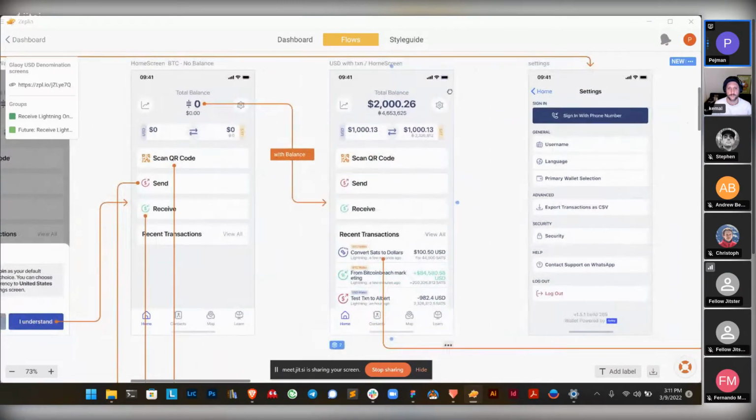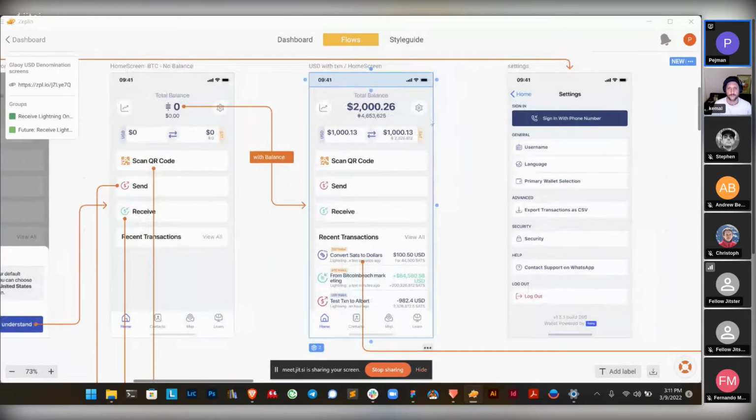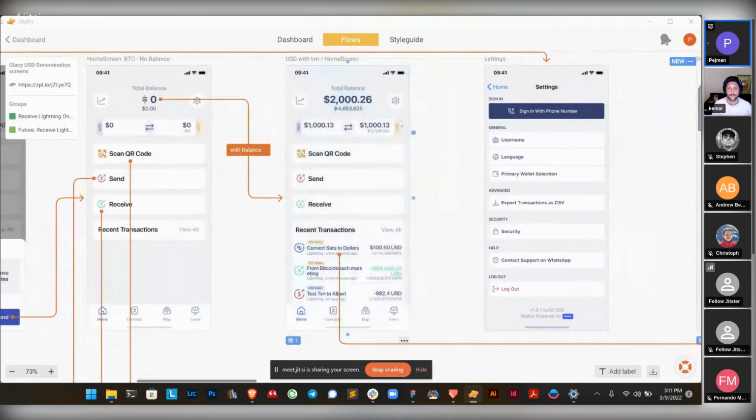You can see this version on the right where I have a total balance of $2,000, and immediately under that, you can show a display in the SATS equivalent. And apologies for the construction in the background. This section here